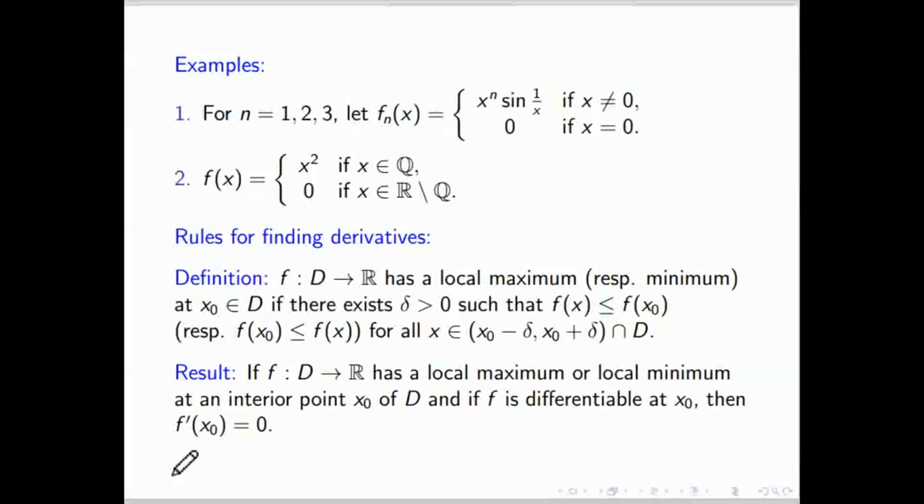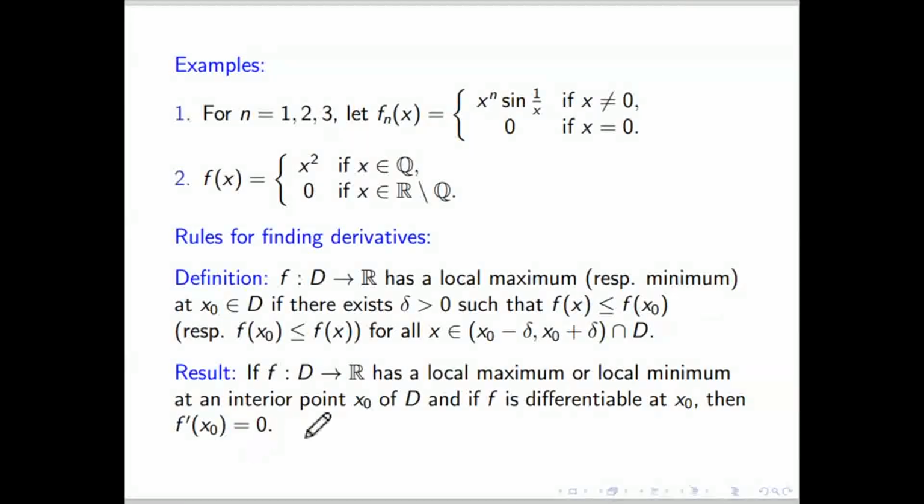It is not saying what will happen at the boundary. Whatever result I showed you is applicable only at the interior point of the domain. At the boundary we cannot say anything. If f is differentiable at x0, then its derivative must be 0 for maxima and minima, and that point x0 will be a local maxima or local minima. If the function is not differentiable, we cannot say anything.